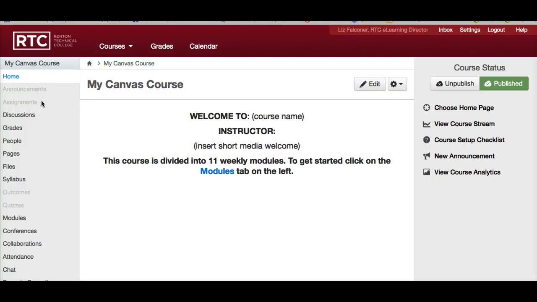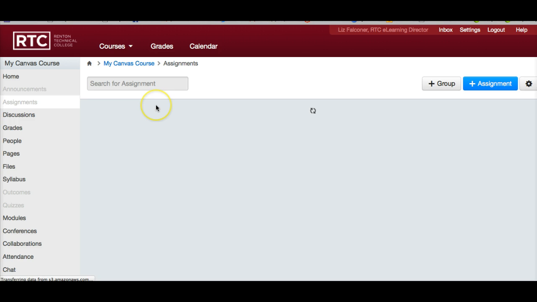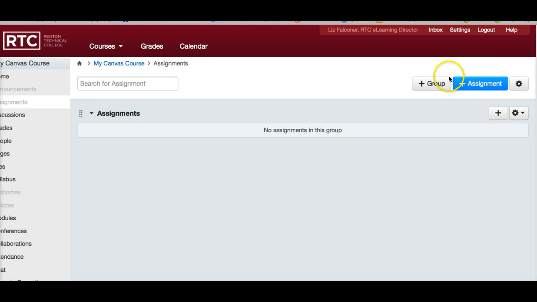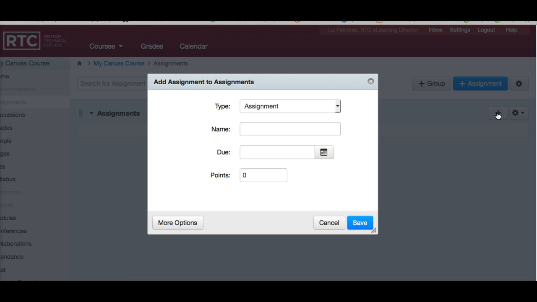The quickest way to set up an easy-to-use gradebook in Canvas is to click on the Assignments tab on the left. It's very light gray because there's nothing there yet, but go ahead and click on that, and that will take you to your Assignments page. And you see here there's an automatic assignments listing, and you can add assignments to this by clicking on the plus sign. So if you want to have an assignment and call it Assignment 1,